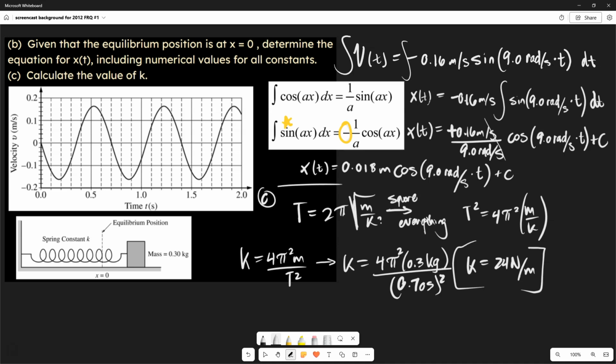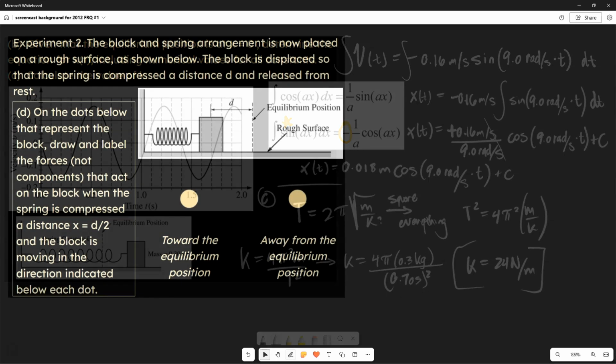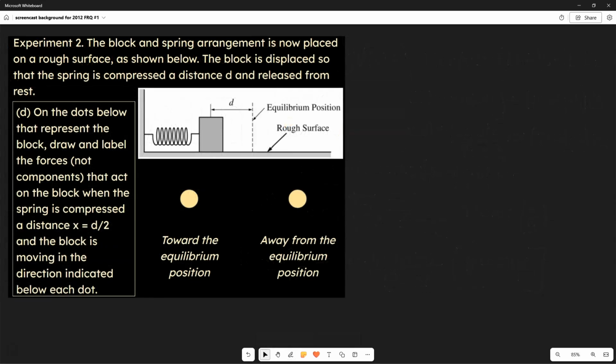Let's continue. Okay, and so now the FRQ shifts gears and we're talking about experiment 2. This last section of the FRQ is going to go a lot faster than the previous sections. So it says the block and spring is now placed on a rough surface as shown below. That's pretty important here, and so the block is displaced, the spring is compressed a distance d and released